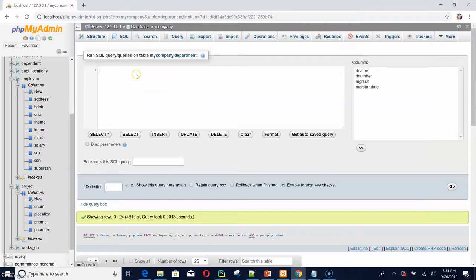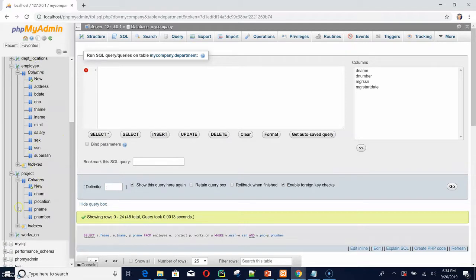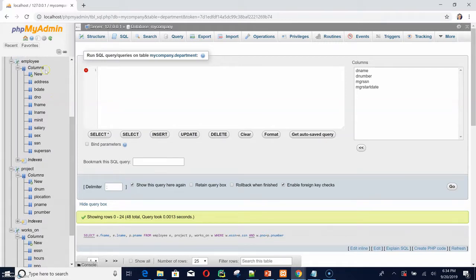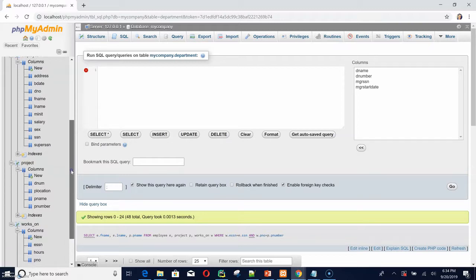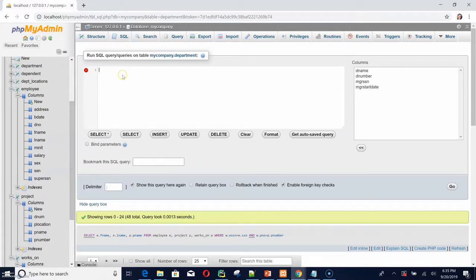So let's go to our SQL, select. First of all, here we will be dealing with 3 tables: employee, project, and works on. And we will be joining them. So the employee with works on and the project with works on. Remember, there was a many-to-many relationship between employee and the project, with the works on relationship at a conceptual level. So here we have the works on table, and this is kind of the bridge between those tables. So let's type the query, select